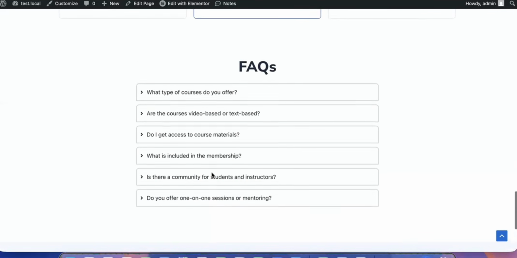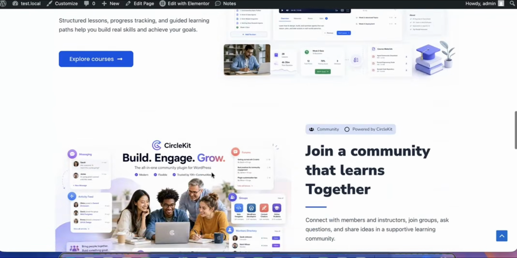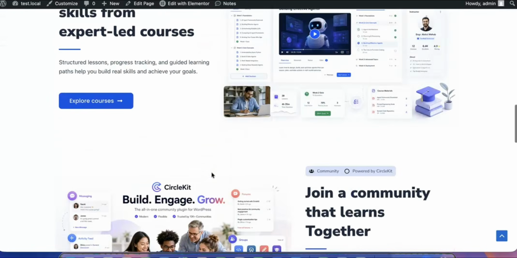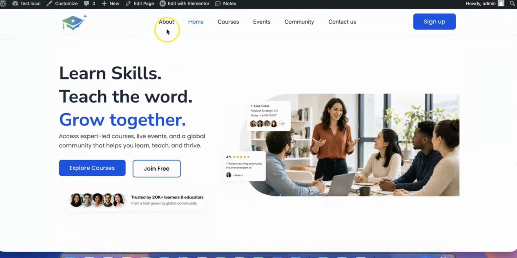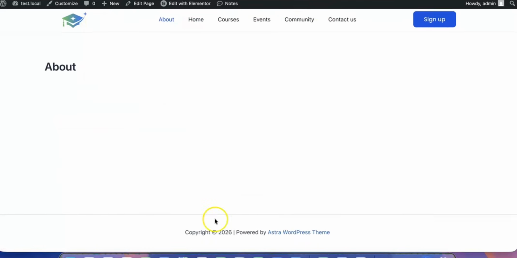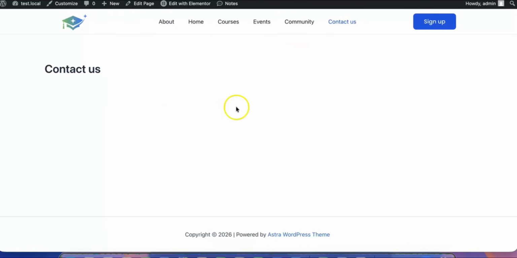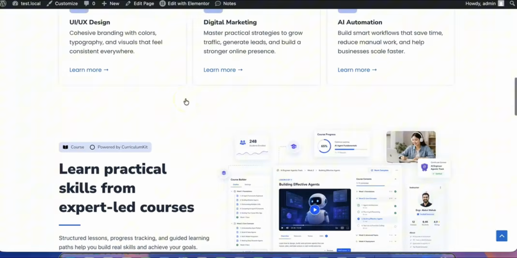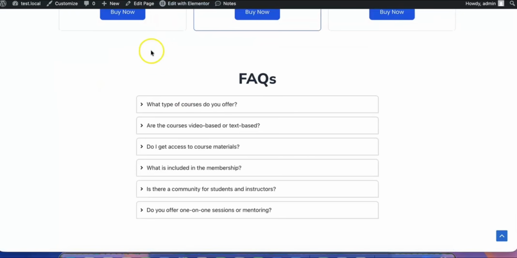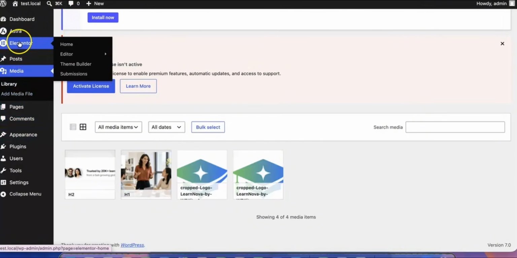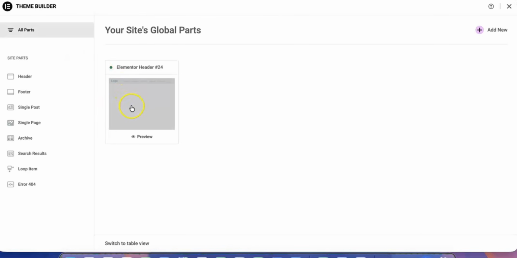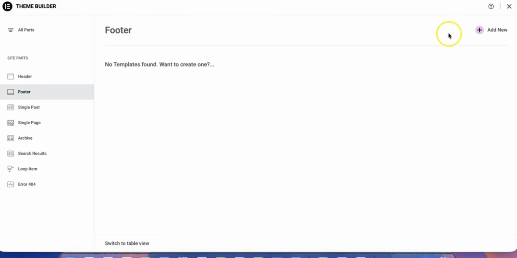So our header is also, footer is also done. So right now you can see this footer is here. When we go on the about page, we have header but not footer. When we go to the contact page, we have header but not footer. The reason is that we have created the footer on the home page, but we did not create it in its global space. Let's go to the theme builder, Elementor theme builder, and here we will go for footer,